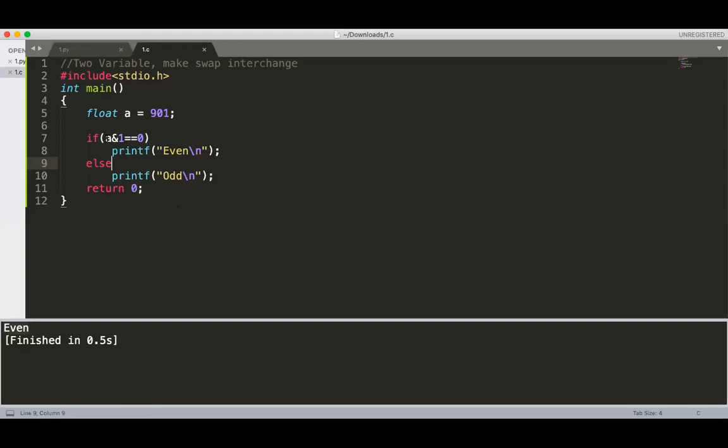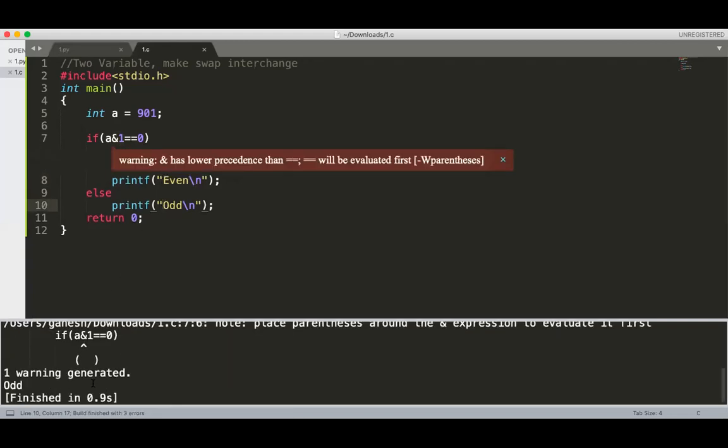If the result of A AND with the 1 is 0, then it is even number. Otherwise it is odd number. You can check it out here. Your result is odd number. There is a warning, but just don't consider that warning.